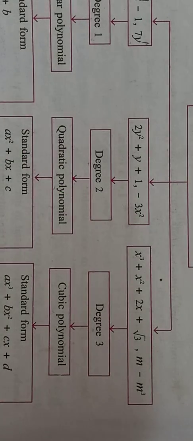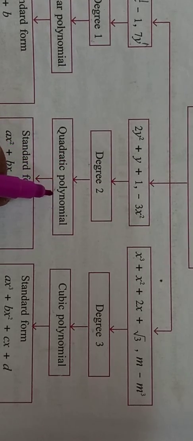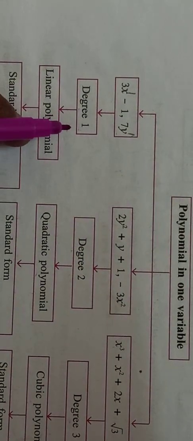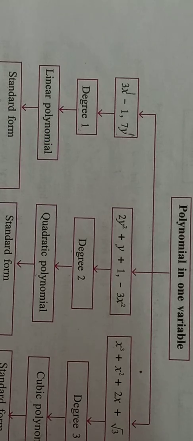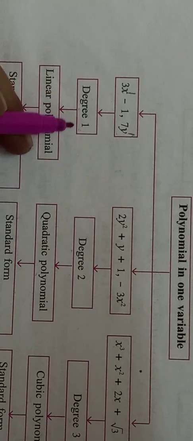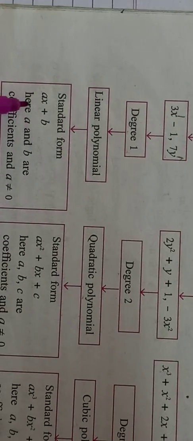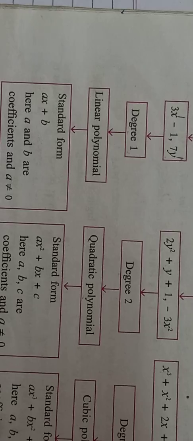So a polynomial having highest power as 2, that highest power is called the degree. And the polynomial is called a quadratic polynomial. So the quadratic polynomial, how we will find out whether it's a quadratic polynomial or a linear polynomial, which we studied last year also. For a linear polynomial, degree is 1. In our first lesson, linear equation in two variables, I explained to you all. Degree is 1. So a linear polynomial. And the standard form of the polynomial is ax plus b, linear polynomial.